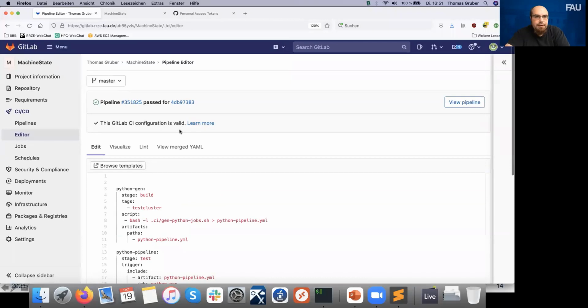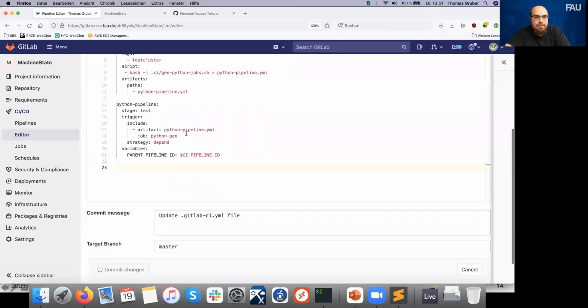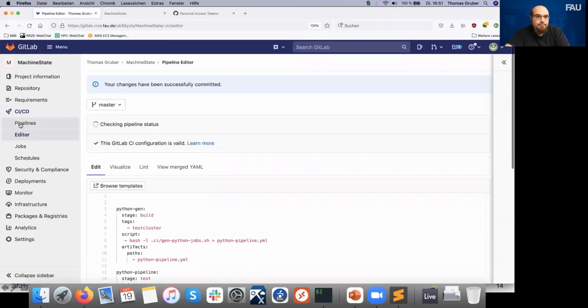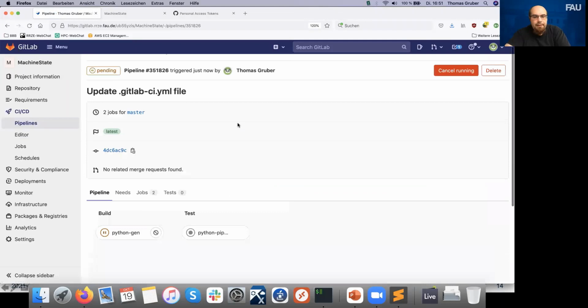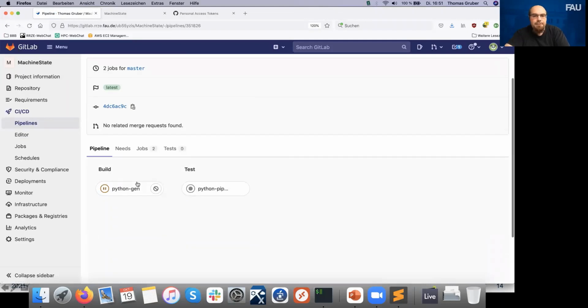So it's a valid configuration. And then we go back to the pipelines. And there we see the two jobs. So first the generation job, which generates all the children jobs. And as soon as this one started,